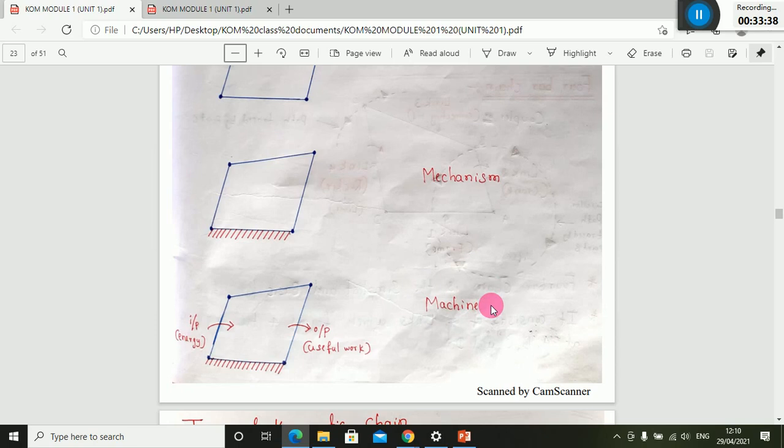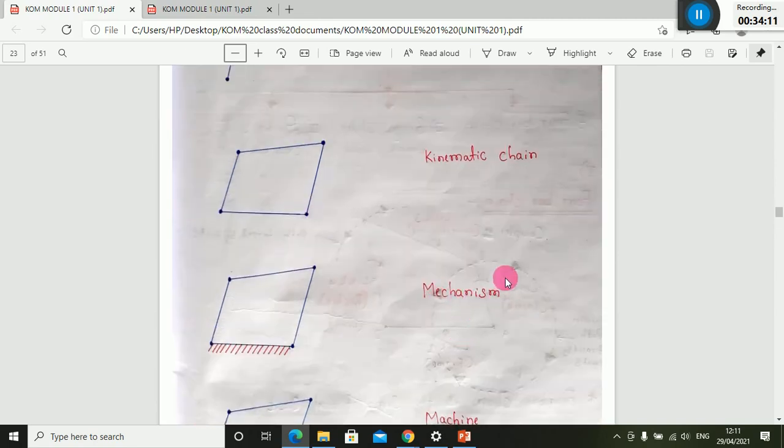When you consider a bicycle, it is made of so many mechanisms. One is a braking mechanism, you can say. It may be a disc type or a drum type. It is also one mechanism that is called a braking mechanism. And to control the motion of the wheel, it has a steering mechanism, and a seating mechanism, you can also say. It is made of so many mechanisms. So the bicycle is a machine, a group of so many mechanisms, and a mechanism is nothing but a kinematic chain where any one link is fixed.